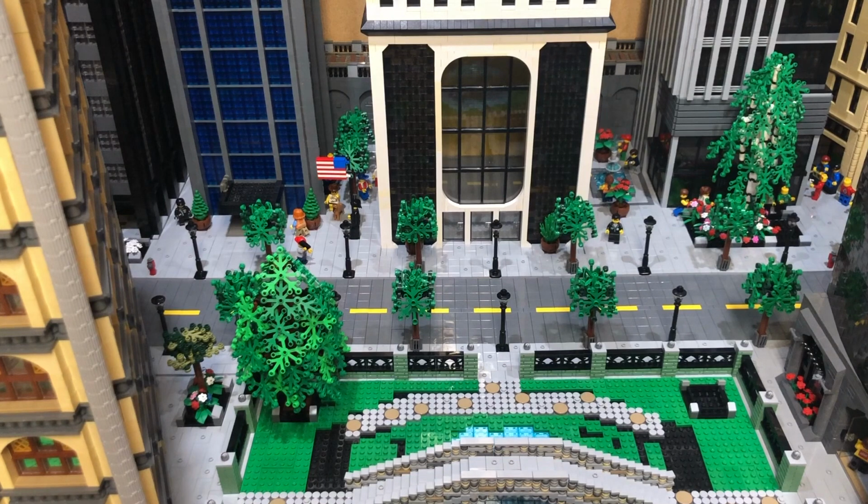I think this is really looking awesome, and it's really starting to come together a lot more than it was before. I mean, adding the park, I think it really pulled this whole center area, really pulled everything together. I probably couldn't have thought it up any better than I have it now. I really love how it looks. I guess the other thing,